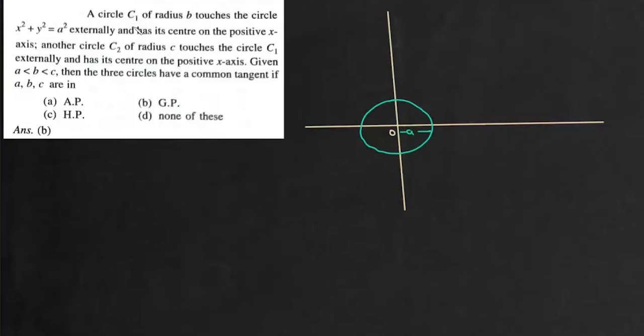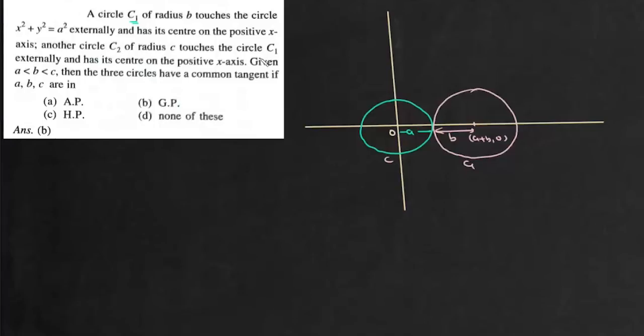Now it says there is another circle C1 of radius b touching this circle externally and having its center on the positive x-axis. So we have this another circle of radius b with center on the x-axis and which touches this given circle. So this is b and the center of this circle is (a plus b, 0), and then it says this is c and this is c1, and then it says